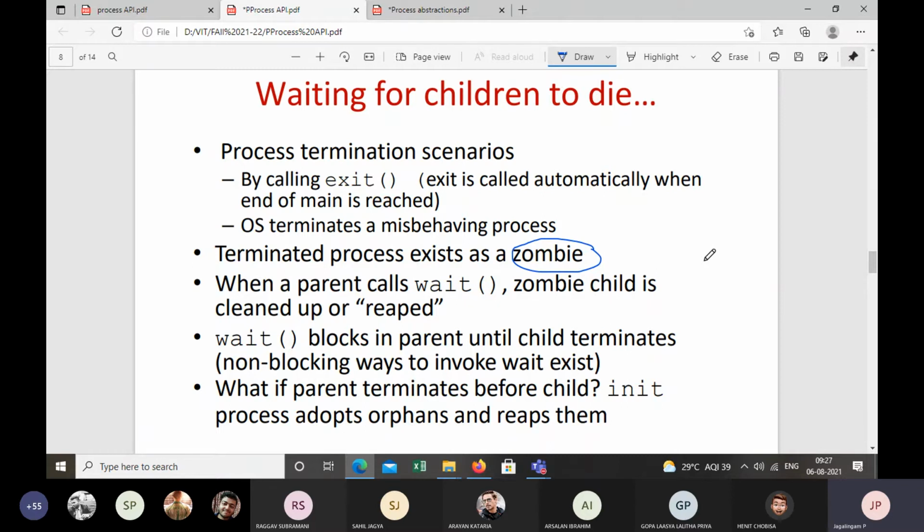Instead, the process exists as a zombie. Now the question is, when is this zombie process cleared or removed completely? Can you think when the zombie process is removed completely?